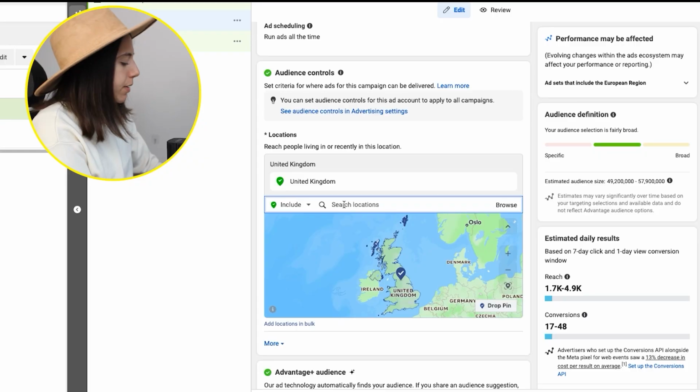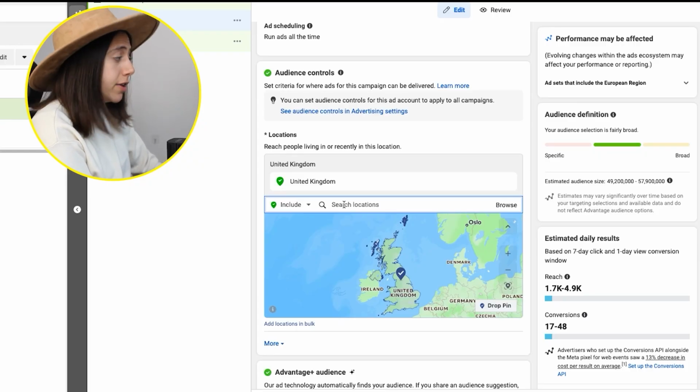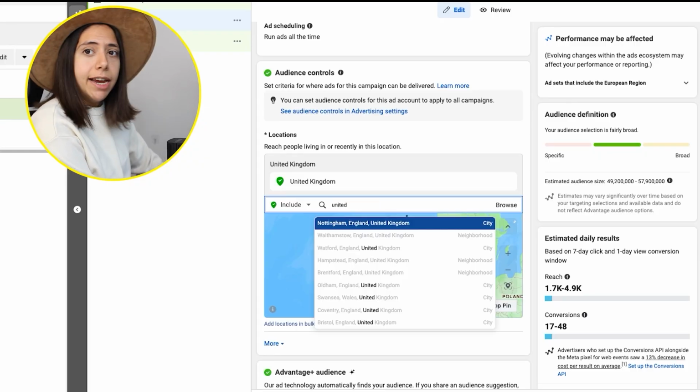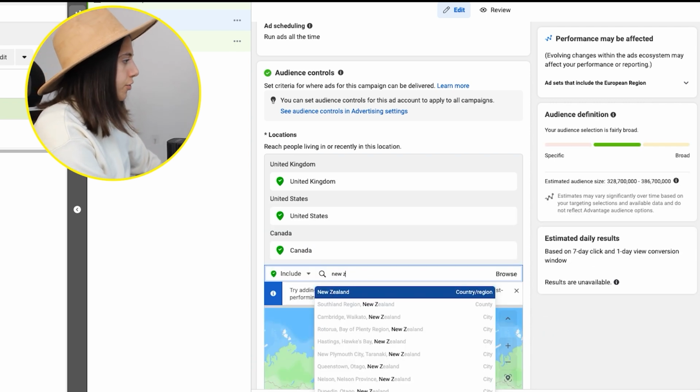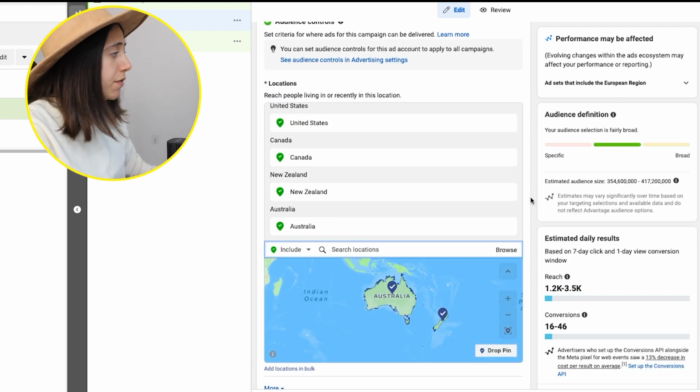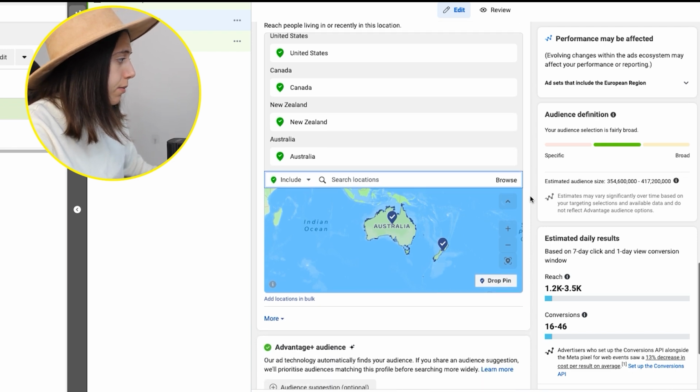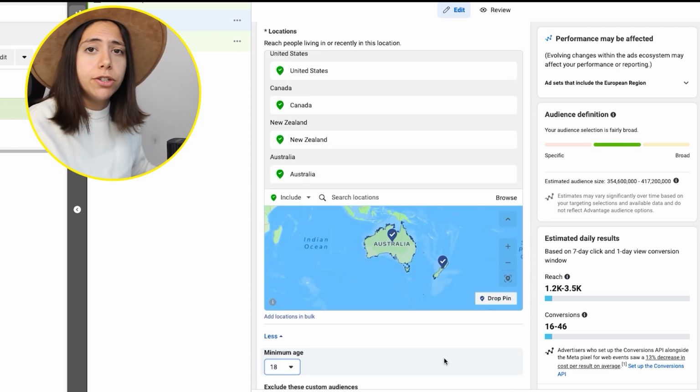The reason why they're called the top 5 is because number one, they're English speaking countries. So I can have my website in English and not have to worry about translating it. But also it's because they are very active online shoppers. So this is why we call them top 5. And that's United Kingdom, United States, Canada, New Zealand, and Australia. So now that we have our 5 locations in here,